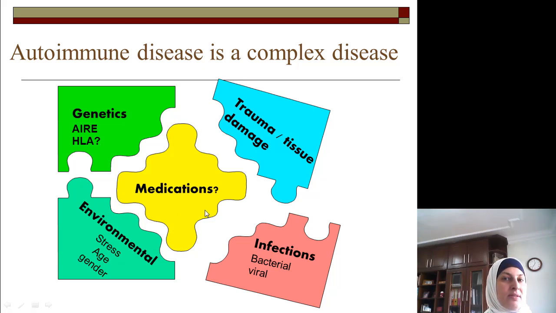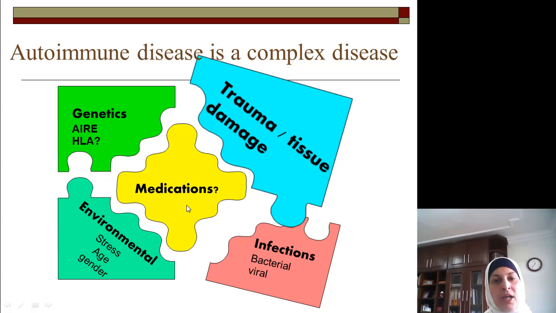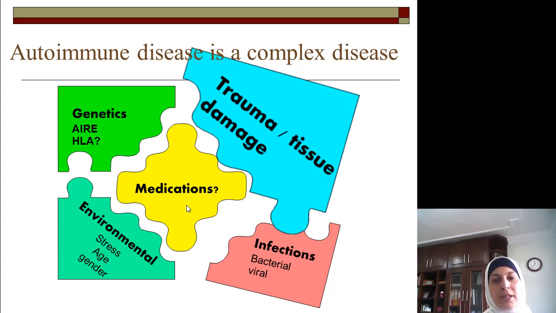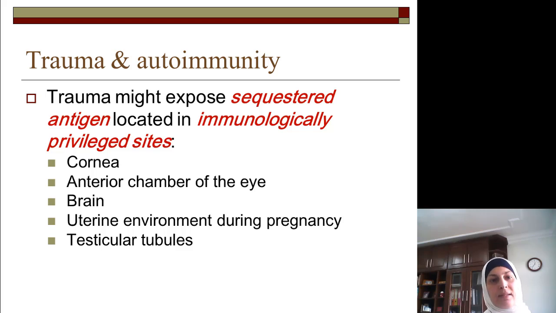They might act as toxins that would aggravate or activate inflammatory T cells. The last one is trauma or tissue damage. Actually, we have mentioned that some types of trauma that are related to infection, like tissue damage induced by an infection, would release some cryptic antigens. The same happens after trauma, like surgical